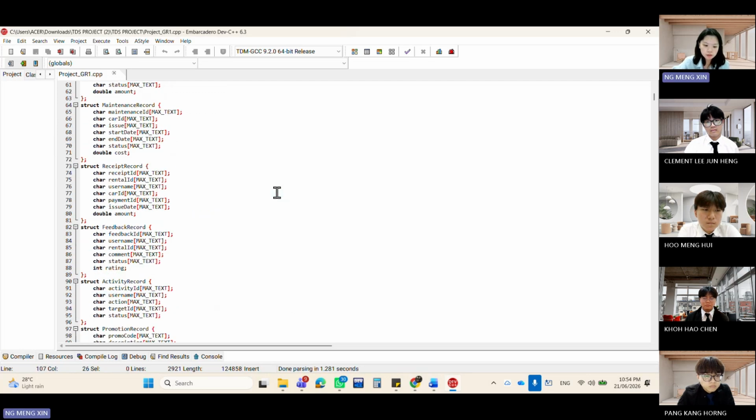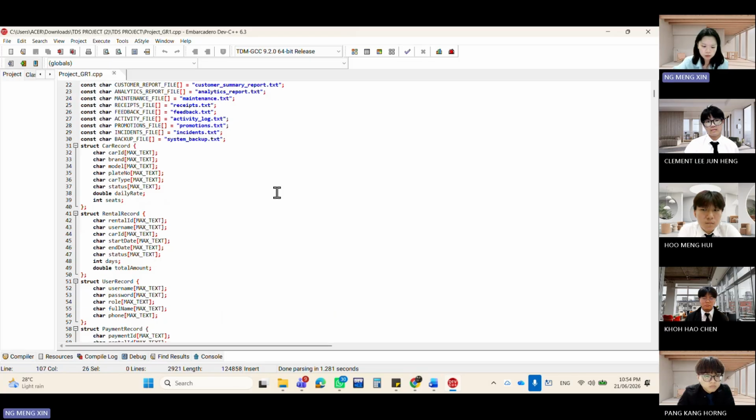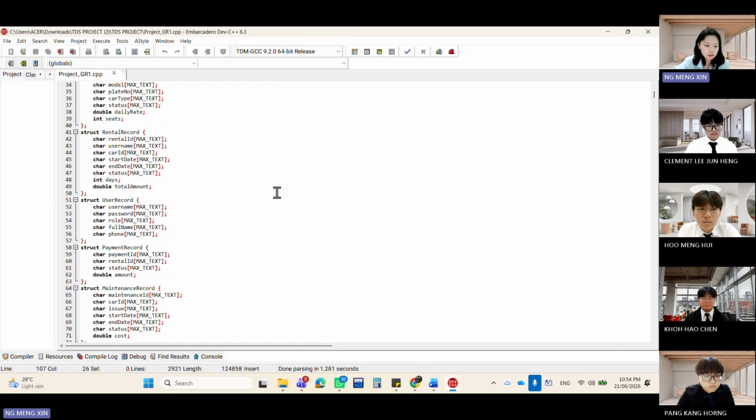So this part, car record stores car information such as car ID, brand, model, plate number, car type, daily rate, seats, and status. Rental record stores rental information such as rental ID, username, car ID, start date, end date, days, total amount, and status. These structures help us keep related data together in one record.